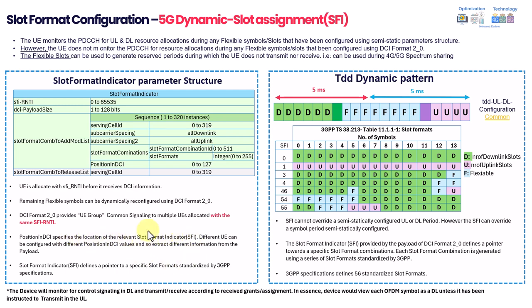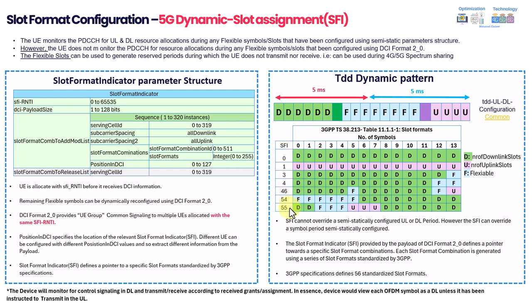Once this SFI format is identified, it will take you into 3GPP. It will be like a pointer towards a 3GPP table to tell you which slot is going to use which symbols. For example, it will indicate that this particular slot uses slot format indicator 0, which means all the symbols will be used as downlink. And we have a total of